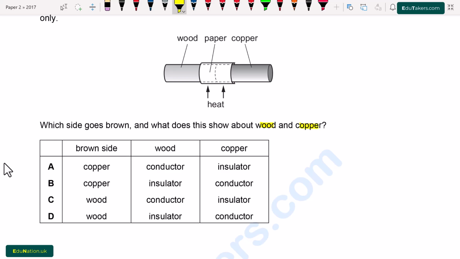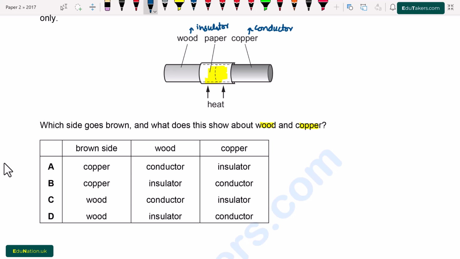So first of all, when we heat this paper, then what will happen? As the wood is an insulator and copper is a conductor. In the insulator, there is no free electron, due to which the conduction of heat cannot take place. So the wood turns brown, while the copper is a conductor and it contains a large number of free electrons, due to which it is easy for the heat to transfer in the copper. It means that the side of the wood gets brown, and wood is the insulator and copper is the conductor.